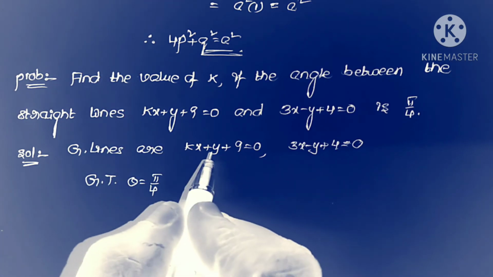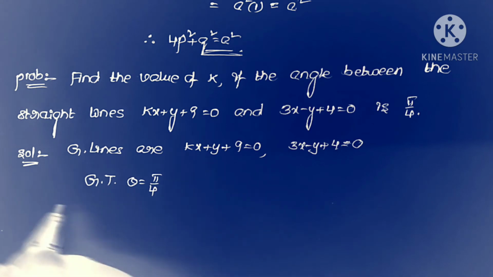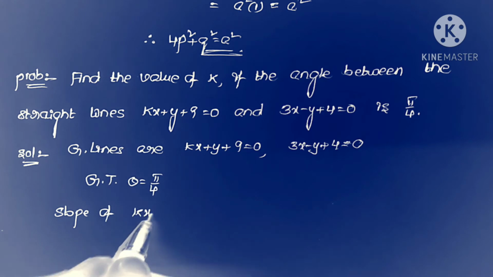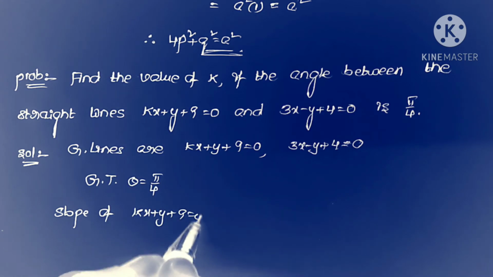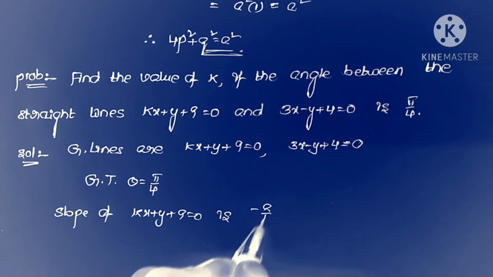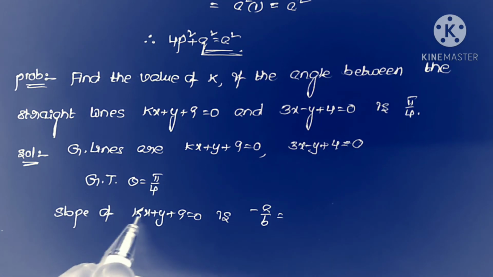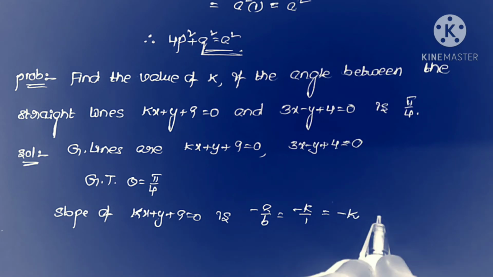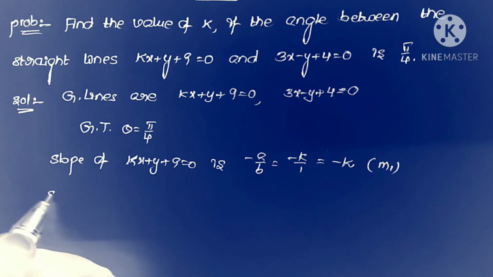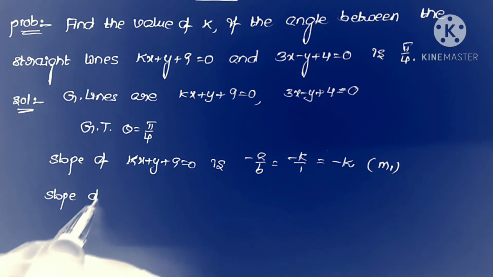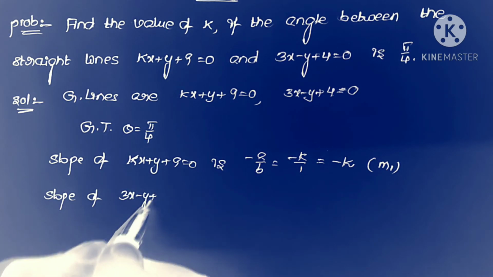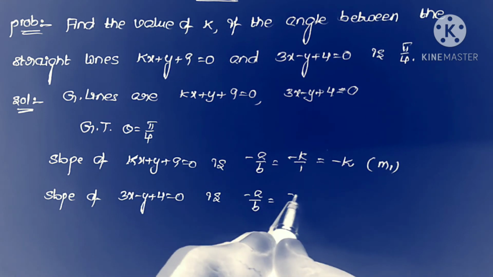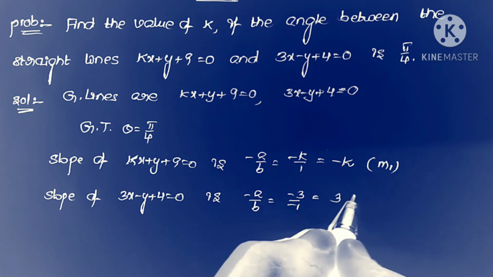Next we find the slopes of the two lines. So what is the slope of the first line? Slope of kx plus y plus 9 equal to 0 is, the formula is minus a by b. What are a, b values? A is equal to k, b is equal to 1. That is minus k by 1 is equal to minus k. Now this is taken as m1. Next, slope of the second line, slope of 3x minus y plus 4 equal to 0 is, again we take the same formula minus a by b, that is minus 3 by minus 1 is equal to 3,